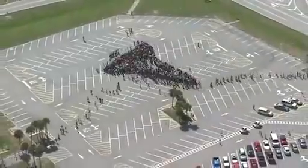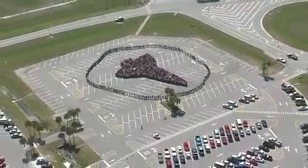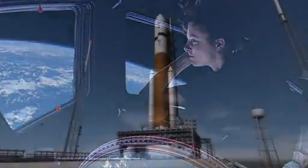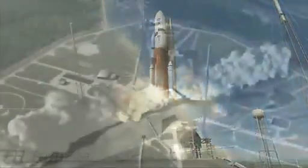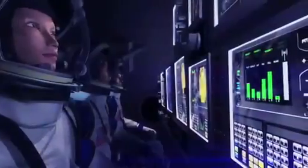I think it will be remembered in thousands of years as perhaps the most incredible technological feat of humans of our time. As is the order of life, an ending for the space shuttle becomes a beginning for a space-bound successor. Soon, America will again send astronauts into orbit and beyond to do what NASA does best: